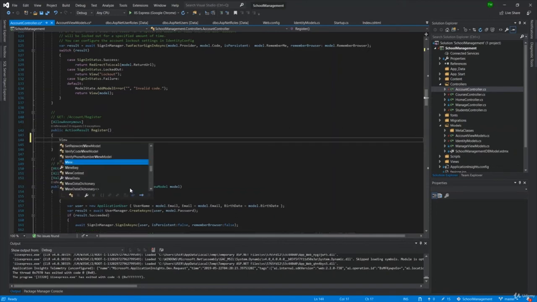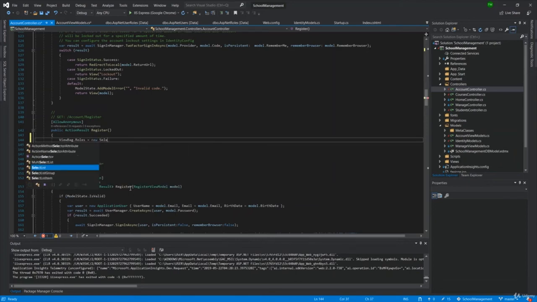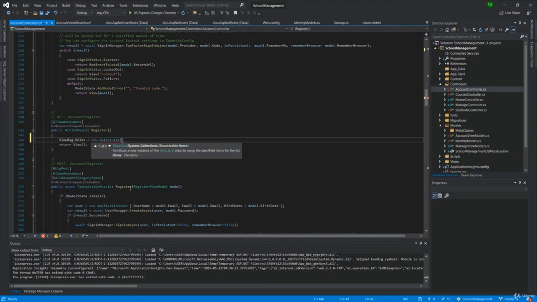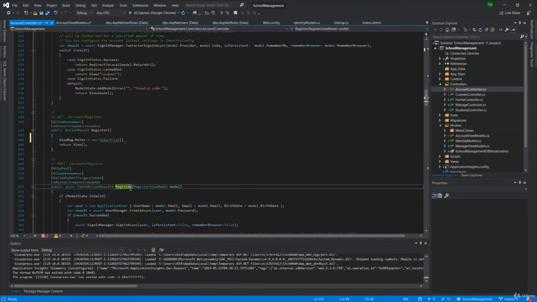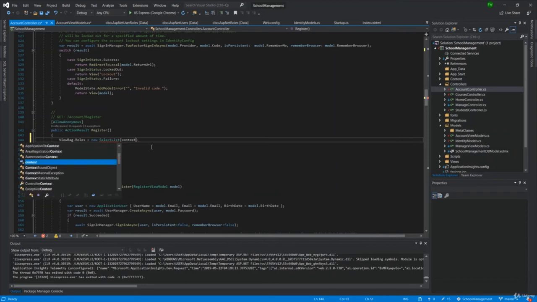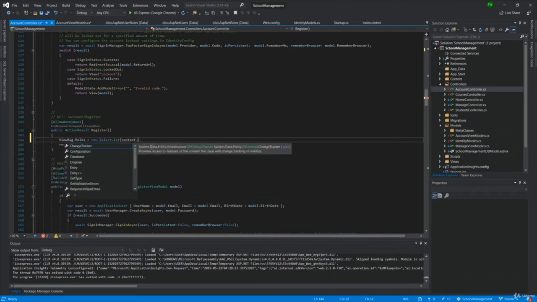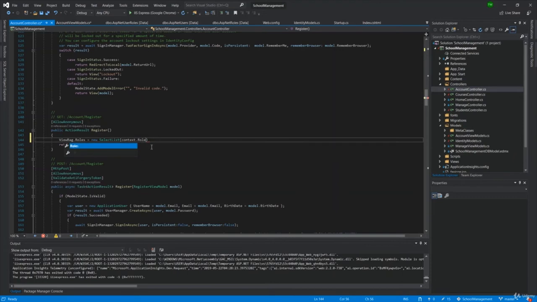So I'm just going to call a ViewBag.Roles, and there are many ways to do this. I'm just going to do it as a ViewBag and call up a select list, and this will actually come in handy later when we start looking at how we associate files and how we have drop downs. But in this situation, a select list, firstly it takes the data source, which would be context.Roles,